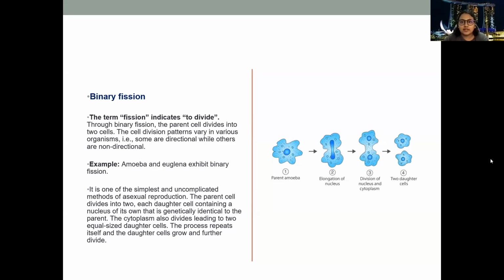So we can see that in the two cells, first the cell elongates, the nucleus elongates, then there is a constriction in the cytoplasm, at the cell plasma membrane side, and the constriction now